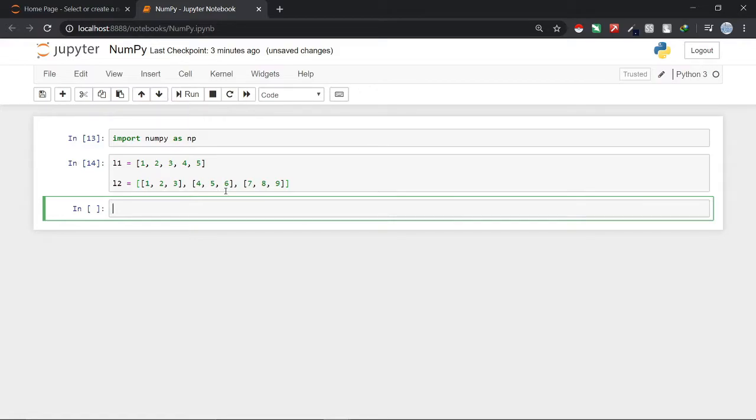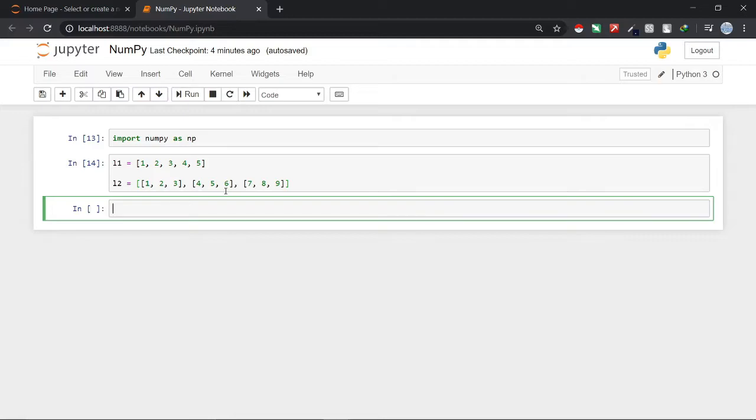So up to now we have imported our NumPy library as np, and we have created two Python lists. Now to create a NumPy array, we have two main methods. First is to create them using NumPy's array function, which takes some other array-like object, for example a Python list, and creates the array. The second option is using the NumPy built-in functions, which create a specific type of array. In this video tutorial, I will go with the first one.